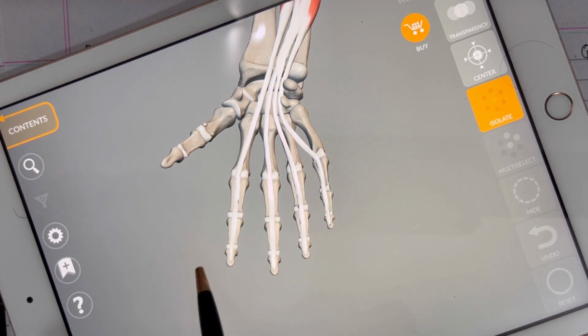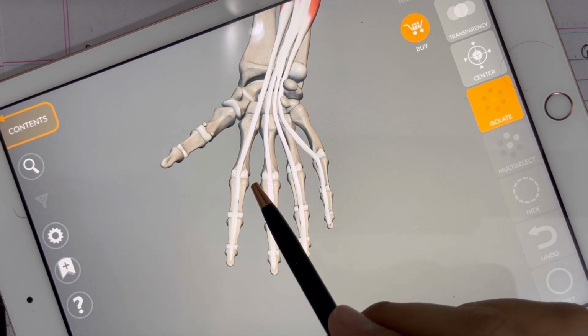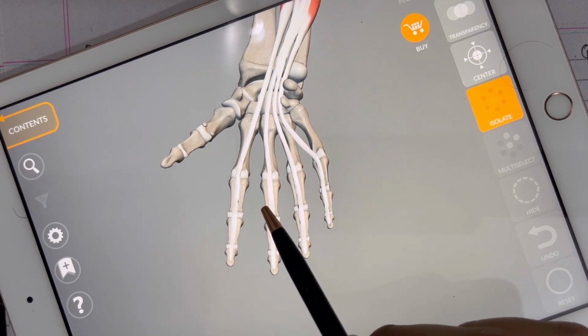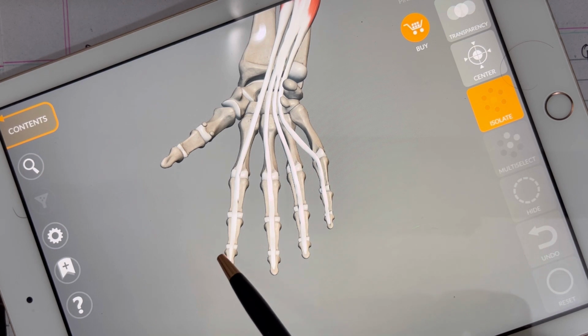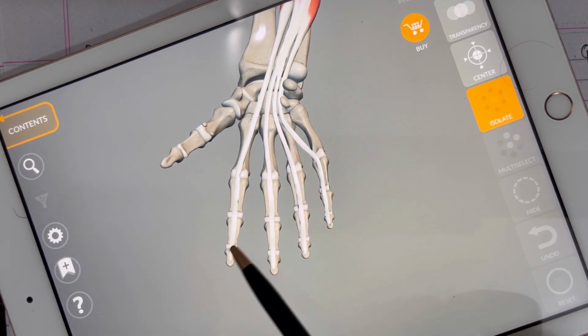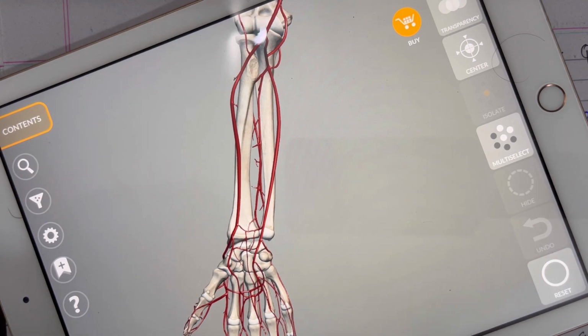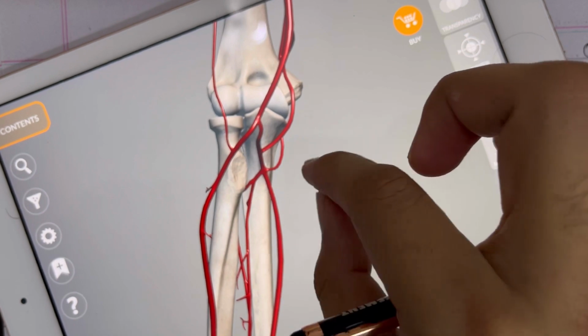These are the medial four fingers, and this is the proximal phalanges. This is the middle phalanges, and this is the distal phalanges. So the tendons of this muscle insert into the distal phalanges of the medial four fingers. Now student, moving toward the blood supply of the flexor digitorum profundus muscle. So this muscle is supplied by the